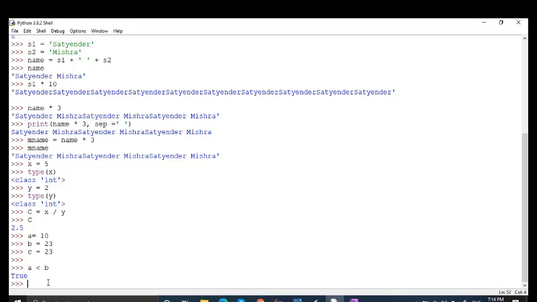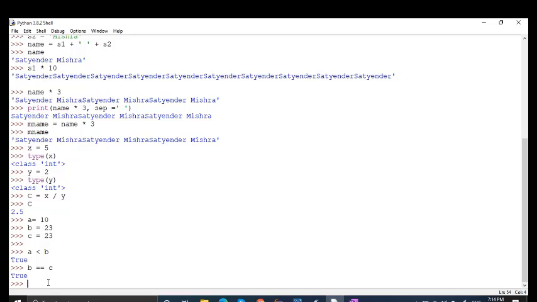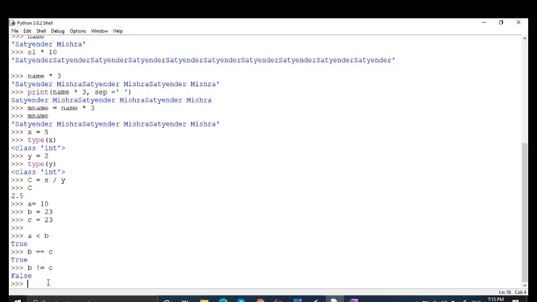When you evaluate a relational expression, you always get the result as true or false. If you write b double equal to c, you will get true. And if you write b not equal to c, you will get false. So a relational expression always evaluates to either true or false. The same thing happens in the evaluation of logical expressions also. We have done logical expressions a lot, so I'm not dealing with them now. Let me jump to the next topic.